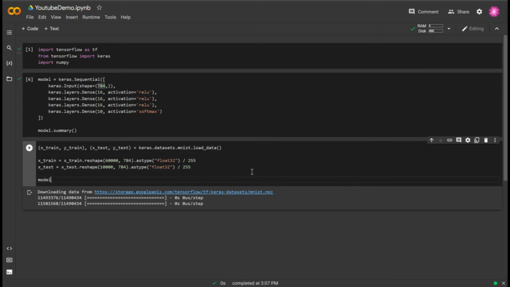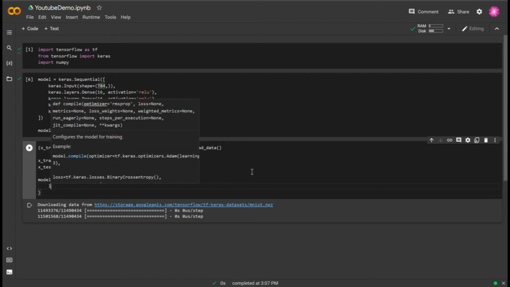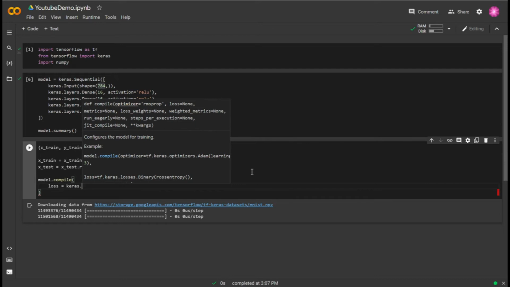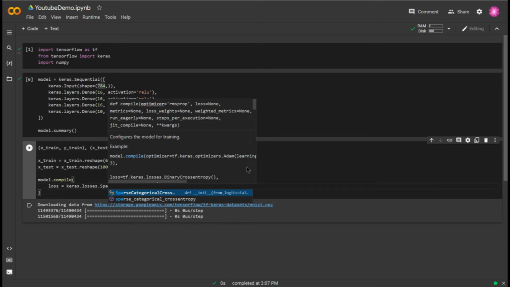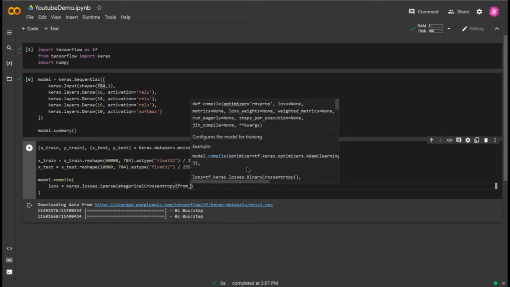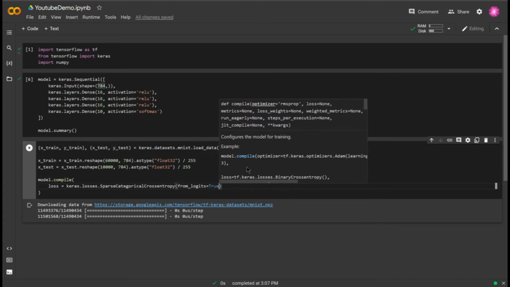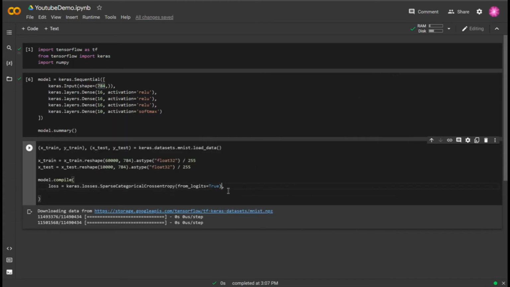Next we use the model.compile function. Loss equals keras.losses.SparseCategoricalCrossentropy, from_logits equals True. Now I would tell you what from_logits equals True means, but I'm not entirely sure. All you need to know here is that the loss function basically tells the network how good or bad it's doing, and then it takes that value and updates itself with the optimizer. It optimizes its performance with